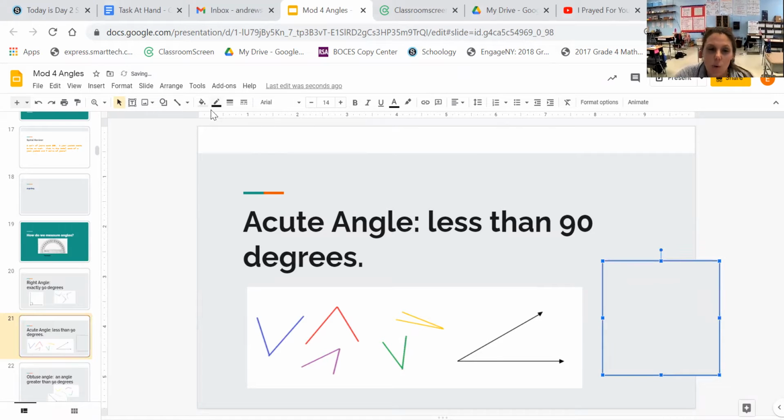And on a Post-it note or a piece of paper, there are 4 right angles, 4 90-degree angles. 1, 2, 3, 4, right? So what I would do is I'd go to that vertex, which is the point where those 2 rays meet. So I'm going to go to my vertex right here, and I'm going to put the edge of my Post-it note on the vertex, and I'm going to line it up,